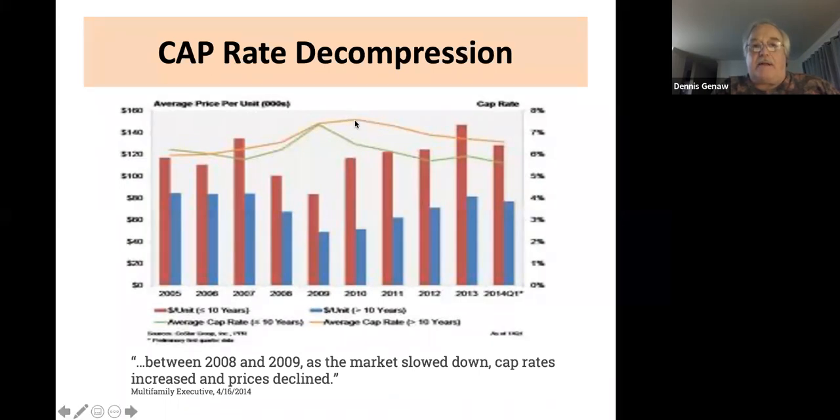Where's my arrow? It went up to about 7.5%, which is pretty high. And through 2014, it was down here. But this was just after a recession. You see the cap rates go up, resulting from a recession. So we're starting to see a little bit of that. Not as much as we were hoping, but you're starting to see a little bit of that in some of those metropolitan areas that saw a significant outflow of renters, a reduction in rents, and an increase in concessions. So if you know what markets to go cherry pick at, you can get higher cap rates today than you could have this time last year.